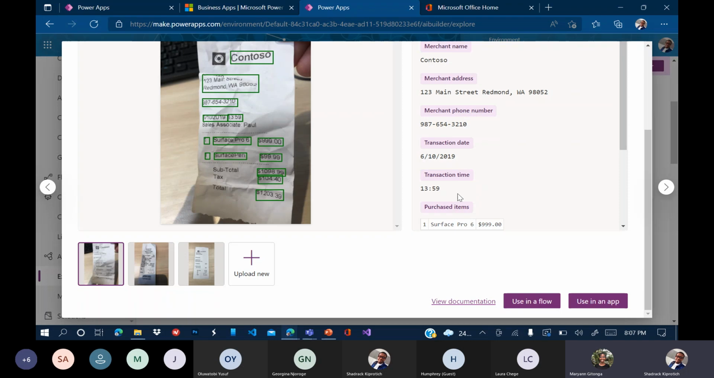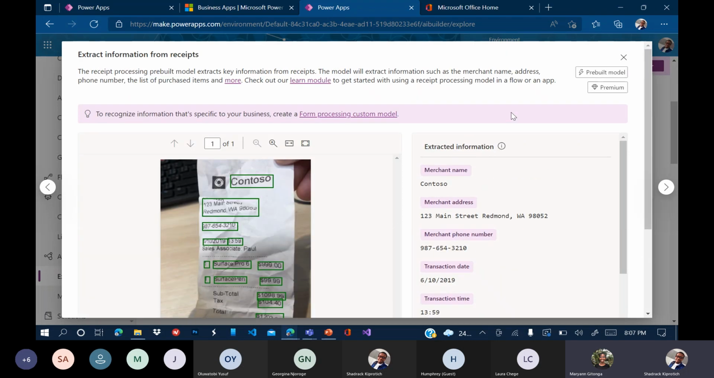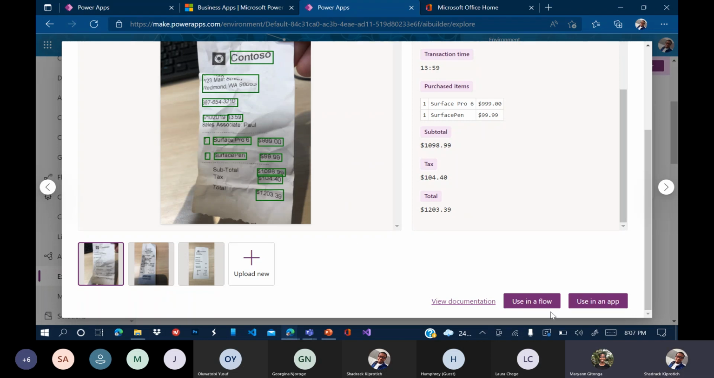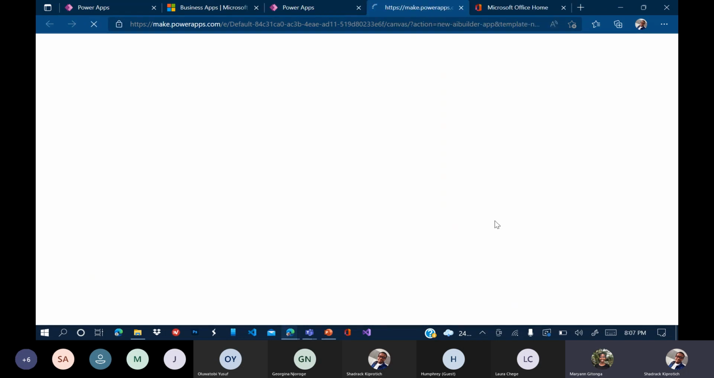So if I need to use this within my business, I'll just go down here. For example, I want to use it in my Power Automate, to automate the process where once a person comes into my store, I can extract all the information within a receipt and keep track of that. So I can use it in a flow or in an application. If it's in an application, I'll click on using an app,